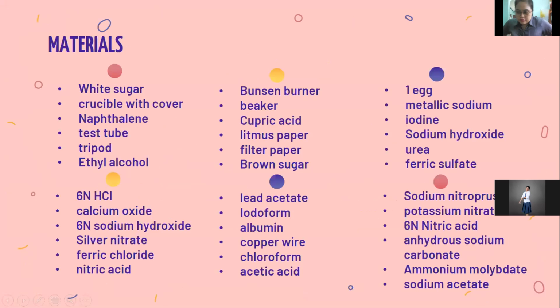We have white sugar, crucible with cover, naphthalene, test tube, tripod, ethyl alcohol, Bunsen burner, beaker, cupric acid, litmus paper, filter paper, brown sugar, one egg, metallic sodium, iodine, sodium hydroxide, urea, ferric sulfate, 6N hydrochloric acid, calcium oxide, 6N sodium hydroxide, silver nitrate, ferric chloride, nitric acid, lead acetate, iodoform, albumin, copper wire, chloroform,